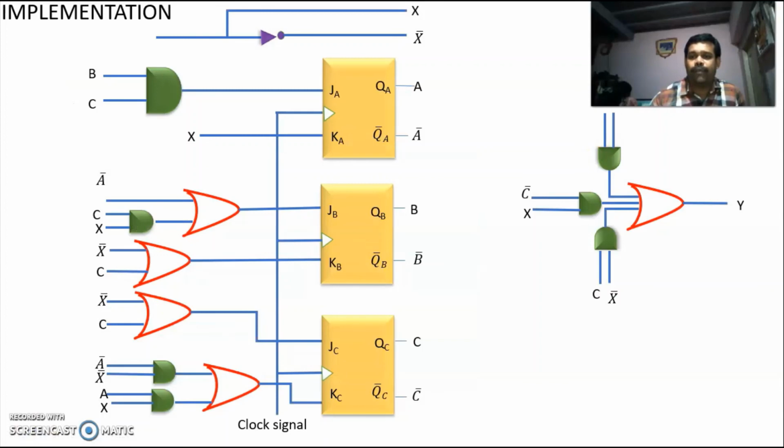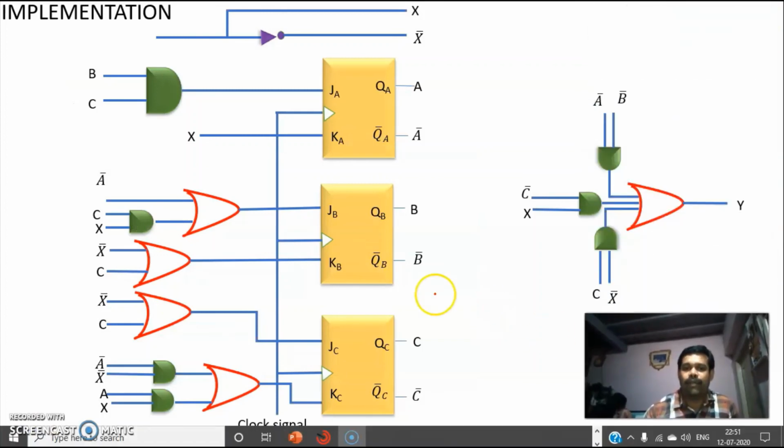Then we are going for implementation. Here we are using three JK flip-flops, and we have got the expressions for the inputs JA, KA, JB, KB, and JC, KC, and we